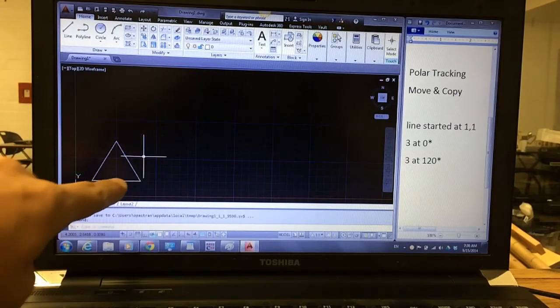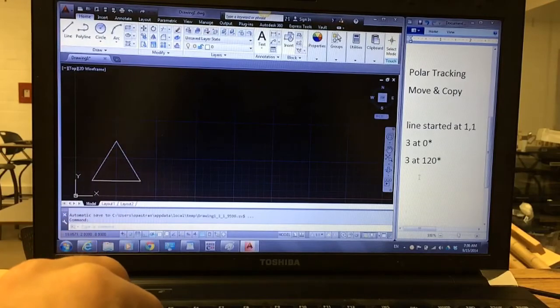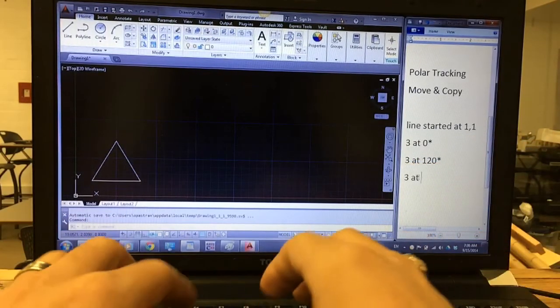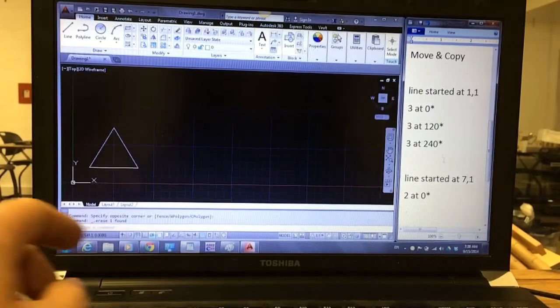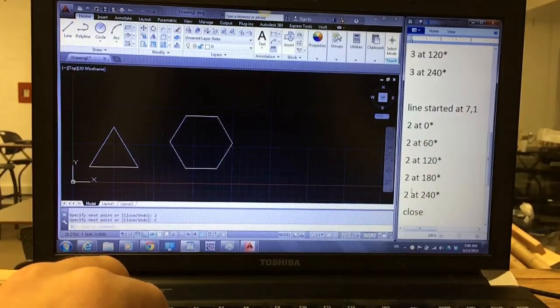And so this triangle, it's an equilateral triangle, all the sides are 3, and so that was 3 at 0, 3 at 120, 3 at 240 degrees. So now that we finished the triangle, we're going to go ahead and we're going to draw a hexagon. Now we're going to look at the differences